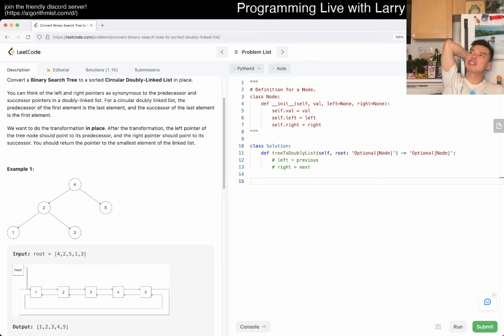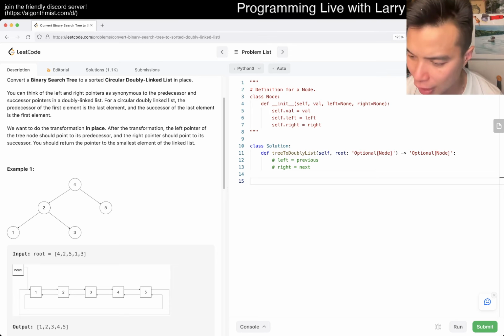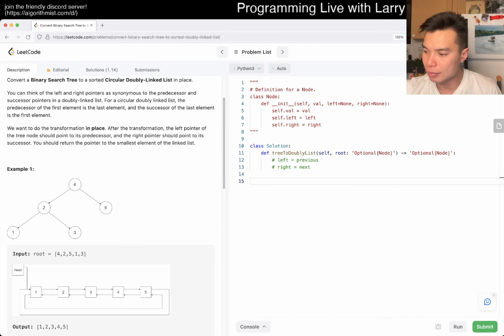But what we want is to return the node that is the smallest on the left when we return. Right now 1 is a leaf. That's why I'm able to be a little bit sloppy, a little bit lazy about it. But let's say we have a 1.5. What would that look like? Well, then the next node is going to work, and then we pass the parent. The tricky part about this is that when we do it in place,